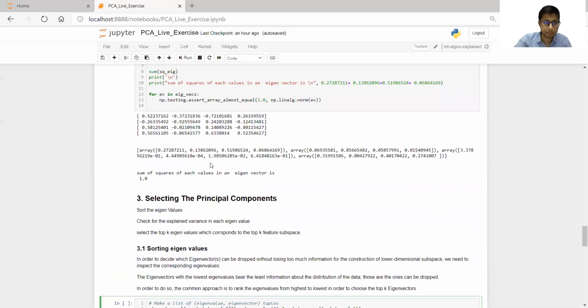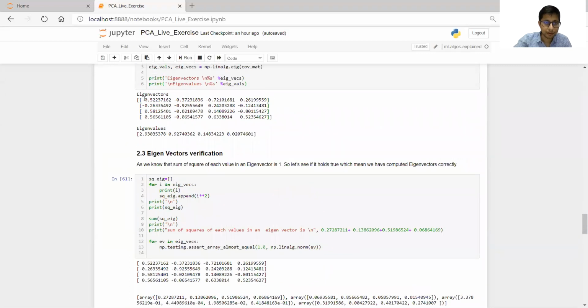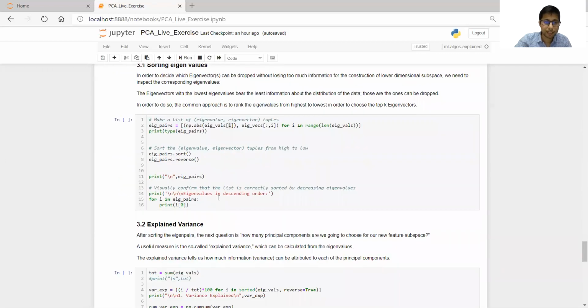So here, if you see, the first set of eigenvectors is this, and their corresponding eigenvalue is this. The second set of eigenvectors is this one, and its corresponding eigenvalue is this one. That's where we are combining them. Okay, let me execute this.